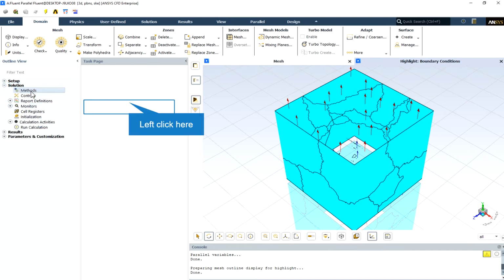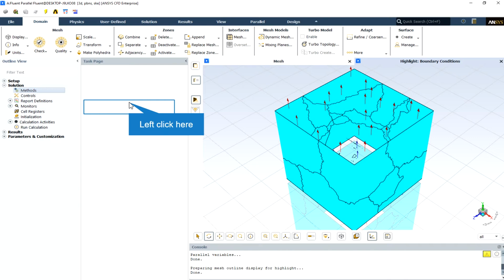In the method part, we should define the pressure-velocity coupling that contains settings for pressure-velocity coupling schemes. For the pressure-based solver only, the scheme provides a drop-down list of the available pressure-velocity coupling schemes like simple, simple C, piezo, and coupled. In this CFD simulation, we set the scheme as a simple method. The pressure-based solver allows you to solve your flow problem in either a segregated or coupled manner. As you know, the simple is the